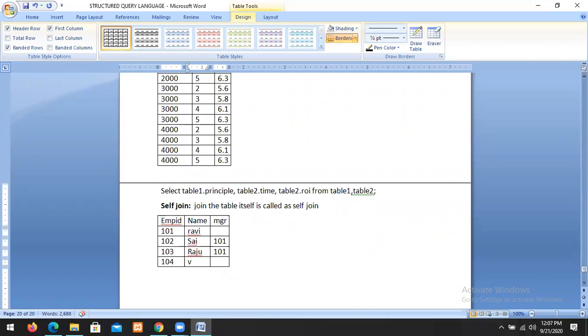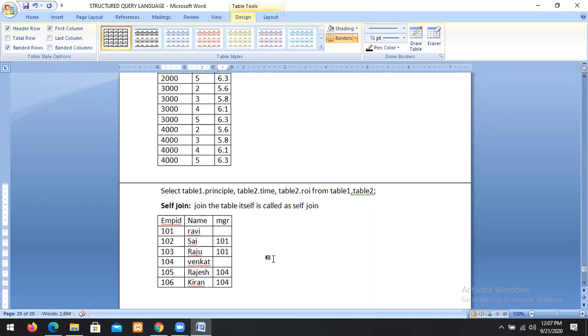Venkat is the manager. 105. Rajesh, suppose 104. So we have one more row. 106. Kiran. 104.